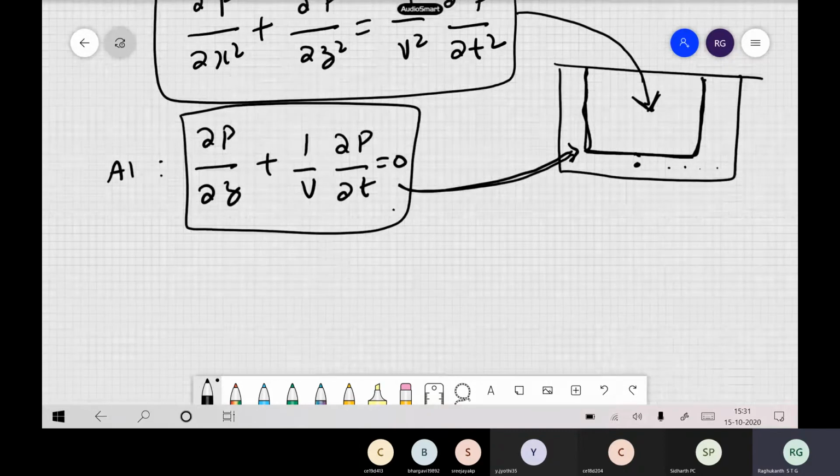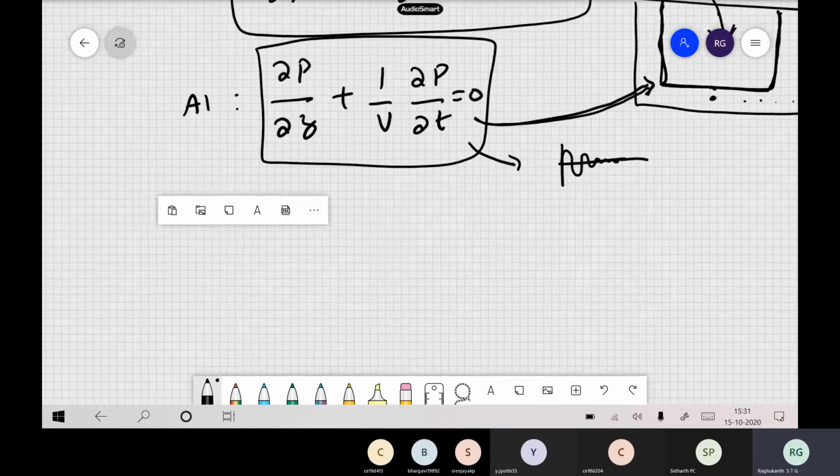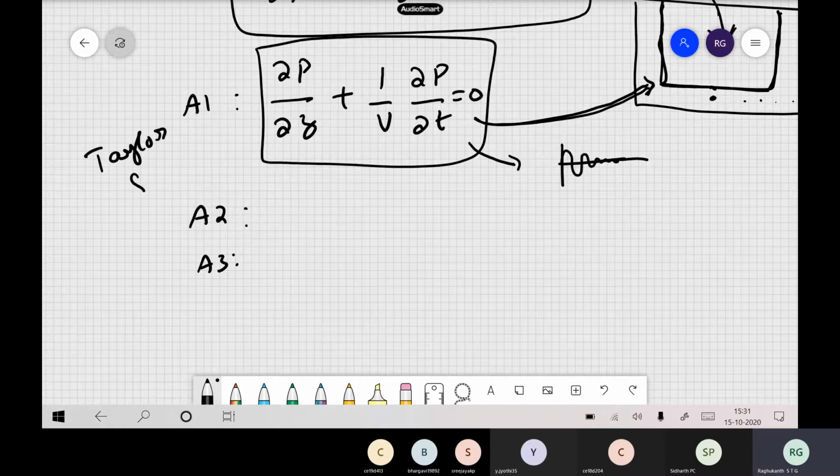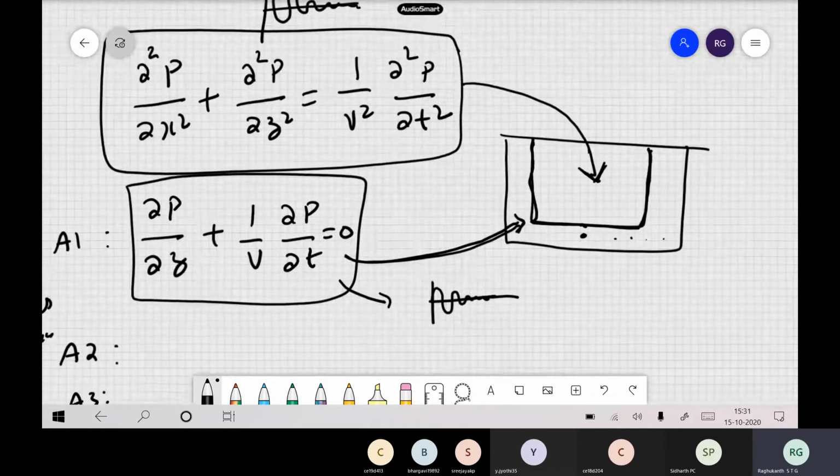Now, as I already told you, the solution of this equation is like this. It takes automatically, you followed it, the waves will die down. In the paraxial approximation, we had three approximations, A1, A2, A3. They are basically based on Taylor series expansions: the first term, second term, third term. So these three equations come. This is how we try to do it, suppose for example, you are simulating in two